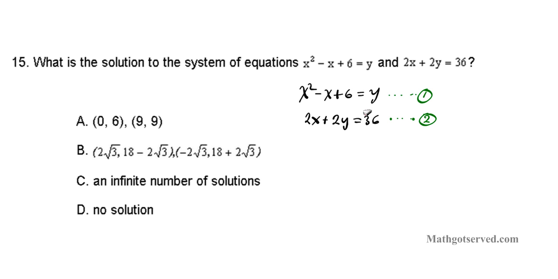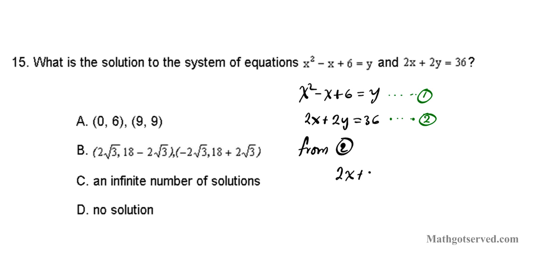The simple equation is this linear equation right here of degree 1. I can isolate x or y and then substitute it into the variable up here. If I make a substitution for x, I will have a much longer or complicated problem because I'll have to square my expression and then distribute this minus and then work it out. It will be correct, but it's much longer. On the other hand, notice that y stands alone here, so that's an easy variable for substitution. So I will isolate y from this and take that value from the second equation and plug it into the first, okay? So from 2,